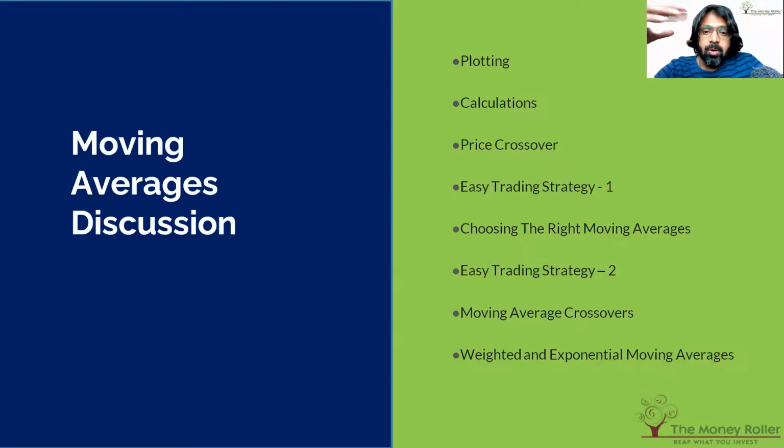Then we saw the three moving averages, that is simple, weighted, and exponential, and how they are placed in relation to the price. The weighted moving average is the closest one to the price, and the simple one is the furthest one from the price because it gives equal weightage to all the days that you have selected. So, guys, this was our detailed session on moving averages. We also discussed where the markets are likely to head, the silver and Nifty markets.